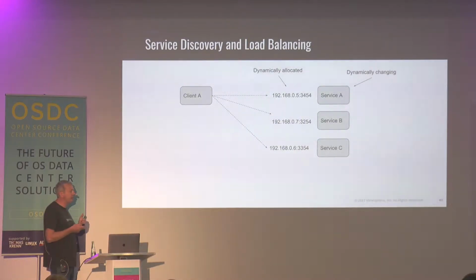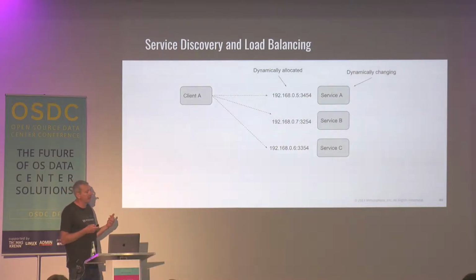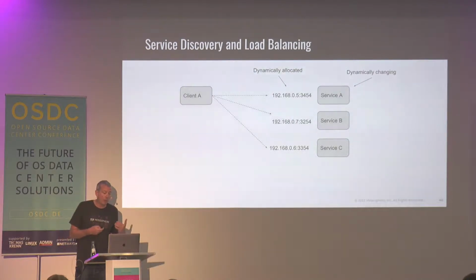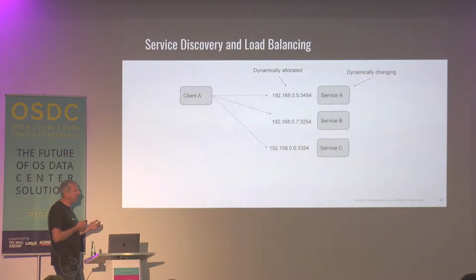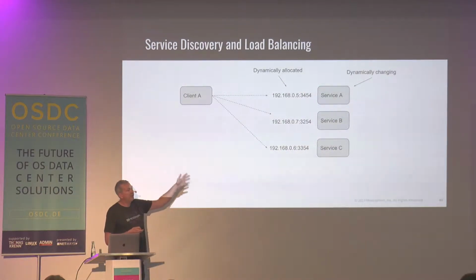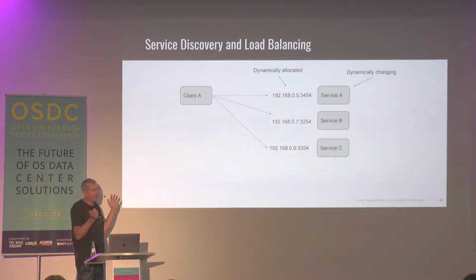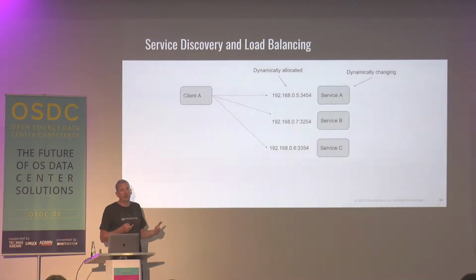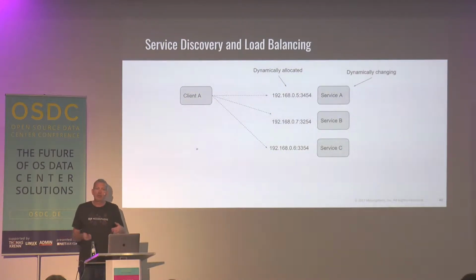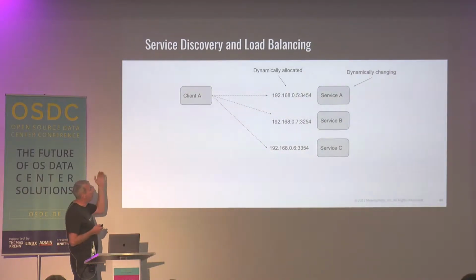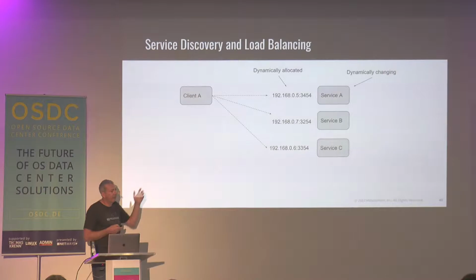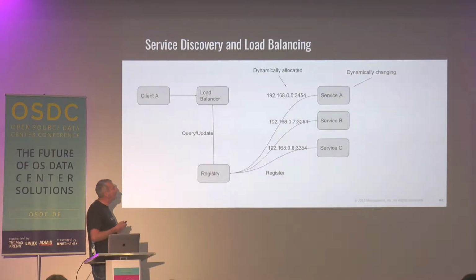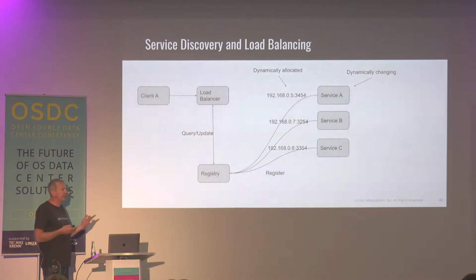When we're dealing with orchestration systems, one of the most critical elements is service discovery. We might have lots of machines, we might have lots of applications. How do we know where our applications are? Particularly when we're working in environments where IPs and ports may be dynamically allocated, so they can be pretty much anything, and our actual services themselves may be dynamically changing. So if we lose a particular node, those containers may be respawned somewhere else. And so it's very difficult in this picture here for us to know, how does my client application know where my service applications are? The typical model for how we manage this is service discovery.